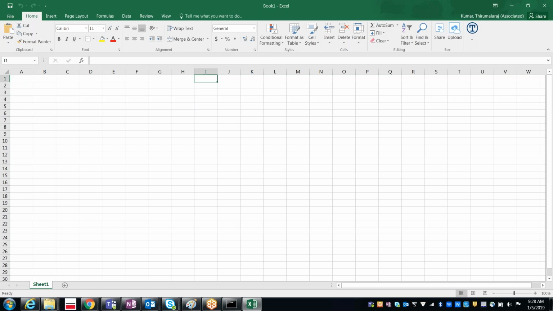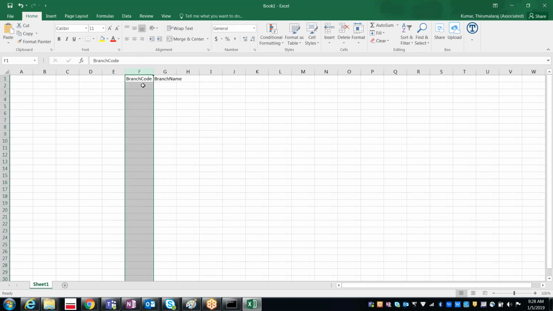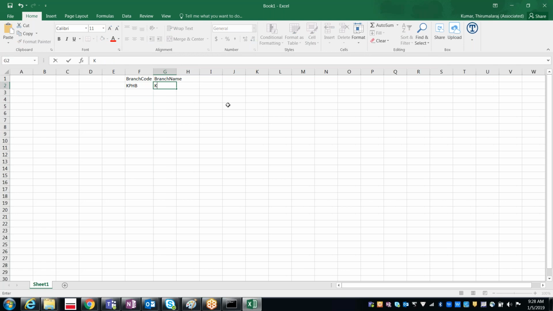So I have two properties, the insurance company branch code and branch name. If the code is KPHB, then I would like to return Kukatpalli Housing Board. If it is only KP, I would like to give Kukatpalli.